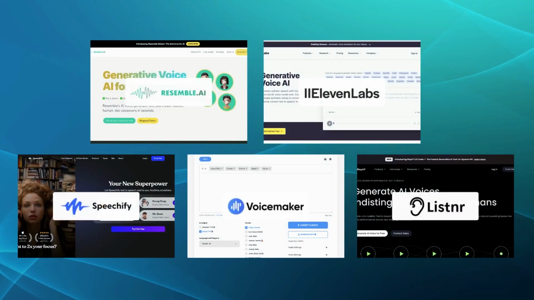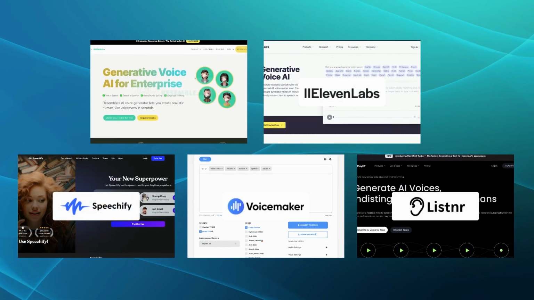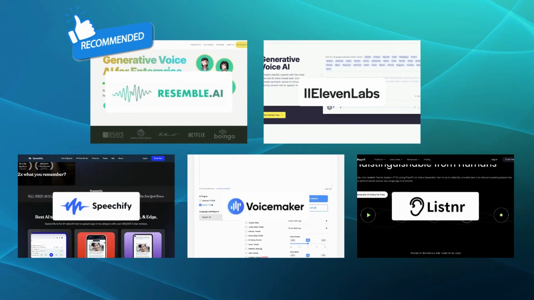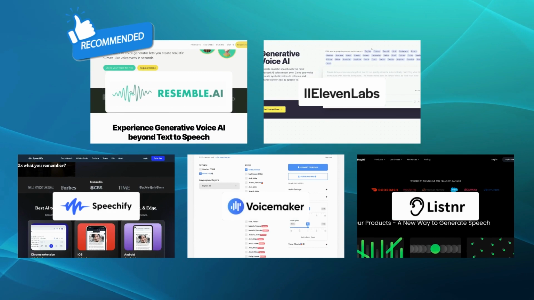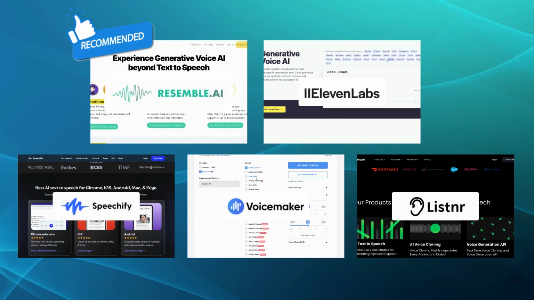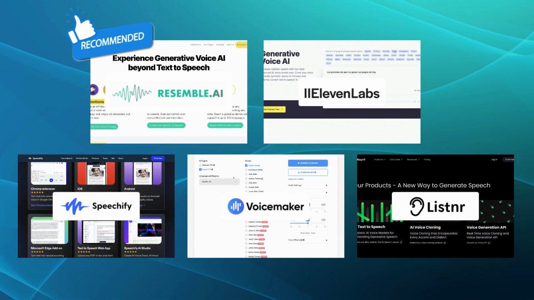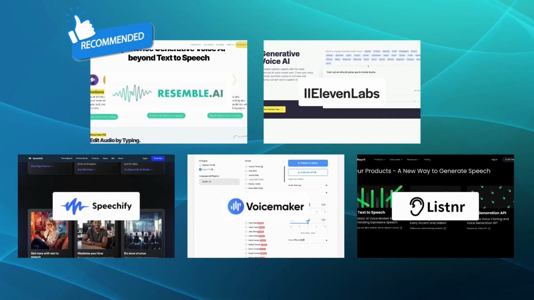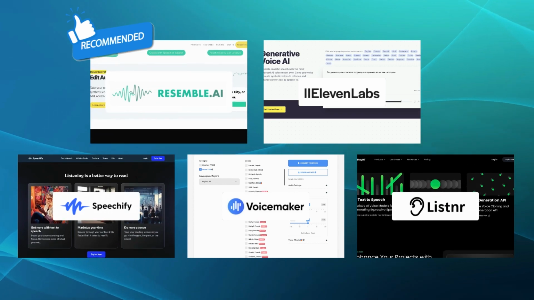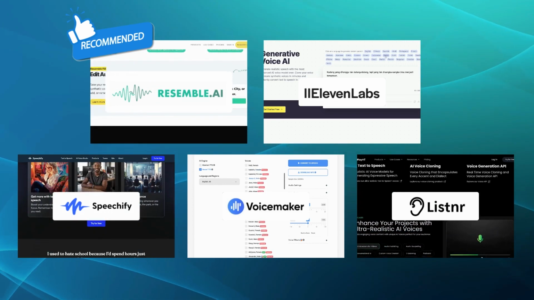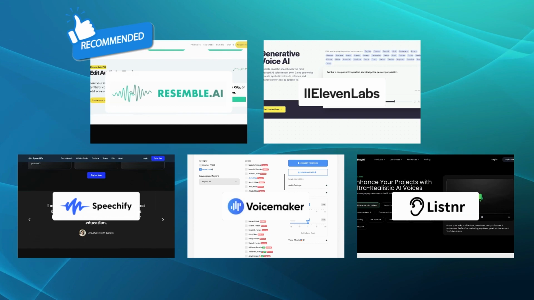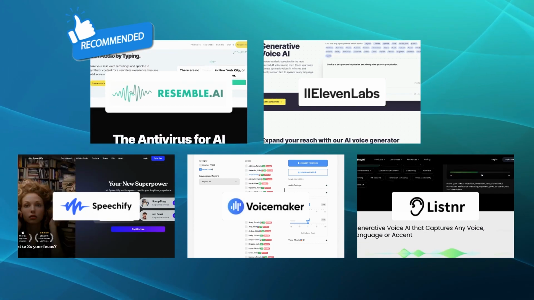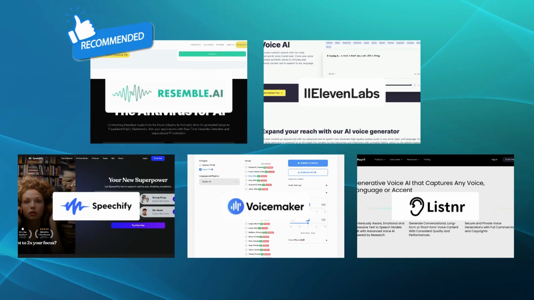After conducting thorough research on these alternatives, we would recommend Resemble AI as the best alternative. Resemble AI sets itself apart from the competition with its advanced AI-driven voice synthesis technology, making it an excellent choice for a wide range of applications, from interactive chatbots and virtual assistants to audiobook narration and multimedia content creation. Resemble offers support for multiple languages, helping you to create voice content in a global context. This diversity makes it an excellent choice for projects with an international audience as well.